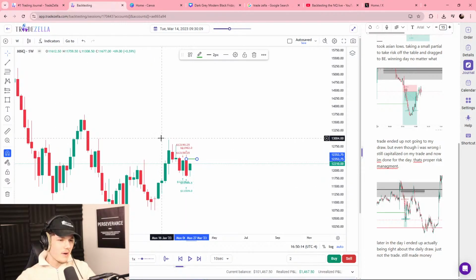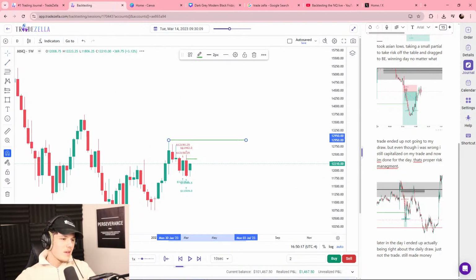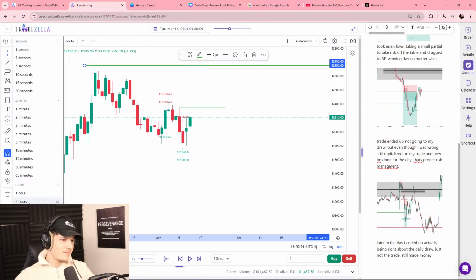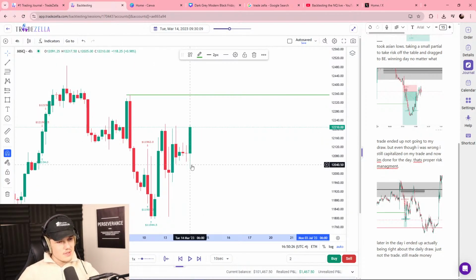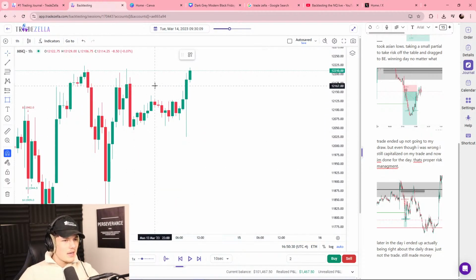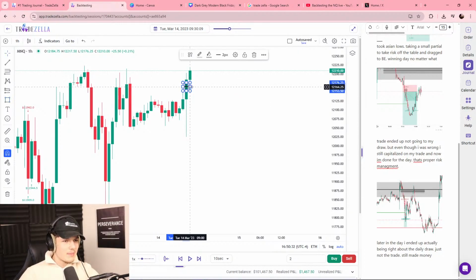You can see that our potential higher time frame draw on the weekly is this high up here. So for now, this daily is what I'm looking at, Thursday, which is a pretty obvious high. So going into Thursday, you can see we trade lower, the 4 hours expanding, and I'm anticipating a low resistance liquidity run. Now, if we don't get that, there's an hourly fair value gap that we can get.